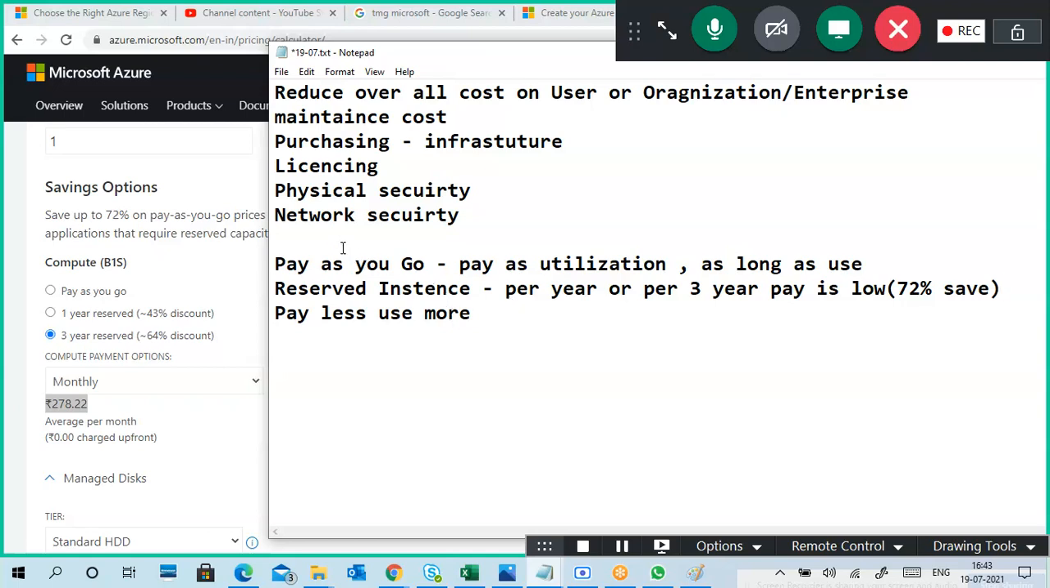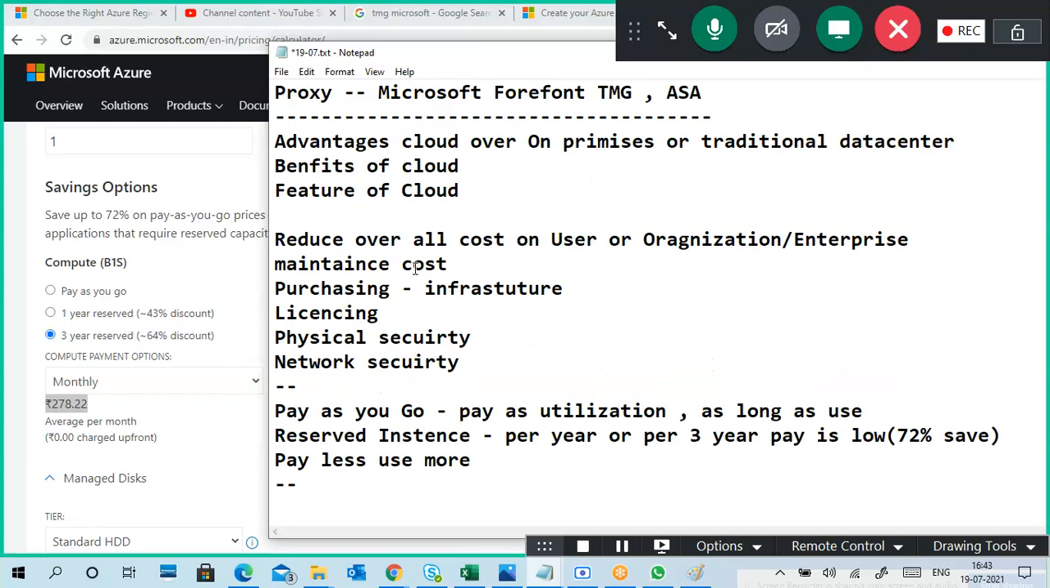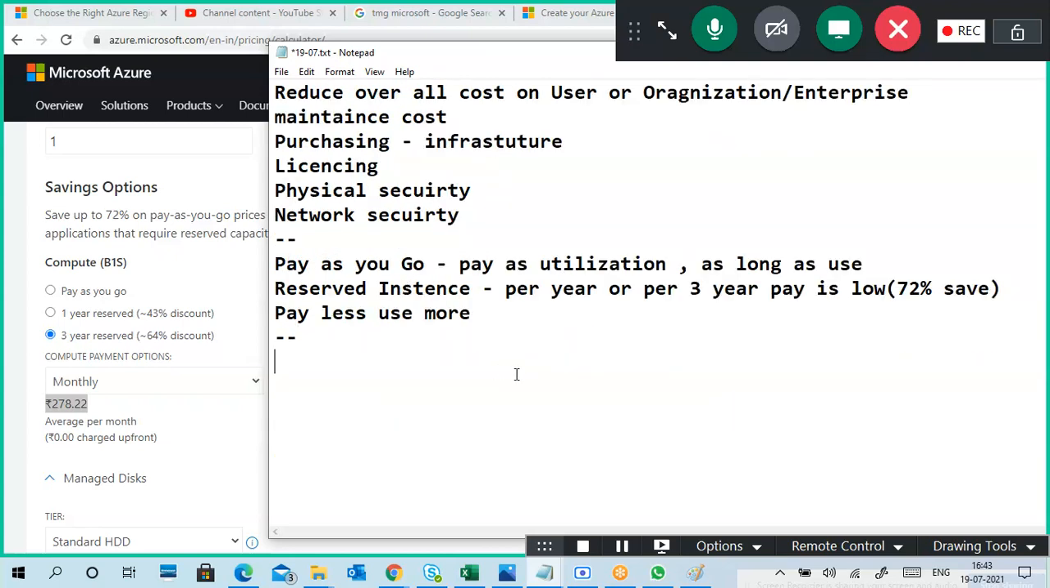So the longer the period of years you're using, the more you save. This is one more feature of your public cloud. Okay, so that is another one. Next one is